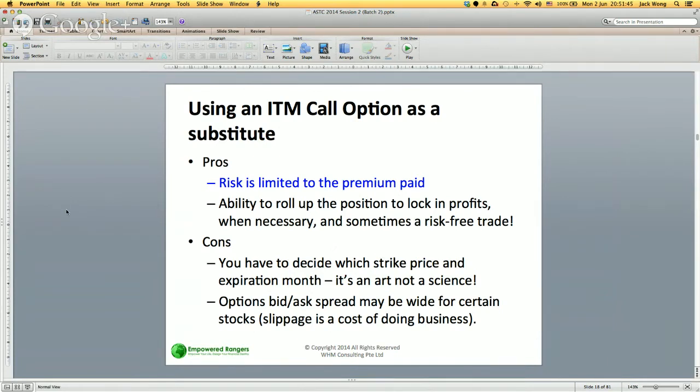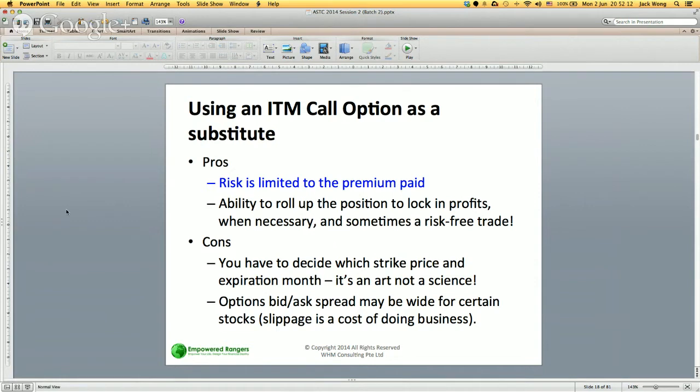And my mentor once said, there's only one strategy that can generate a risk-free position, not stocks. Not stocks, it must be option. Because options roll up can help us lock in profit, create a risk-free trade, and I'm going to show you later how it works. The problem of this kind of strategy is many people say, okay,